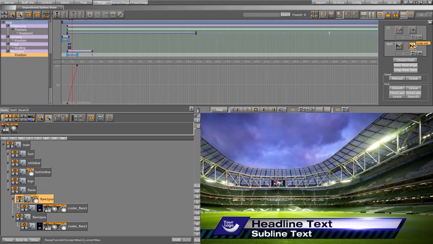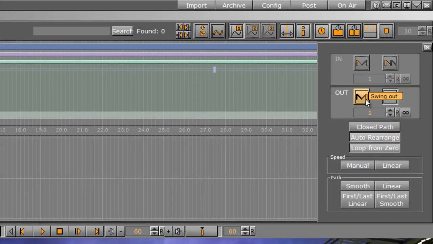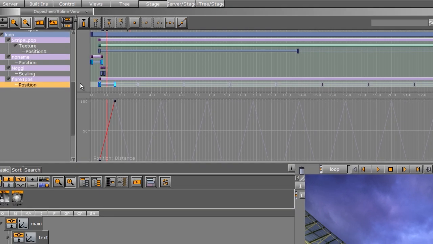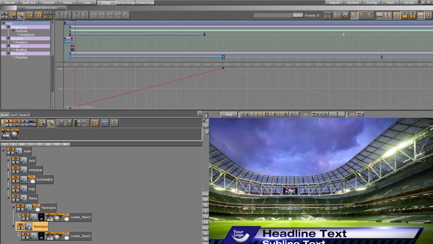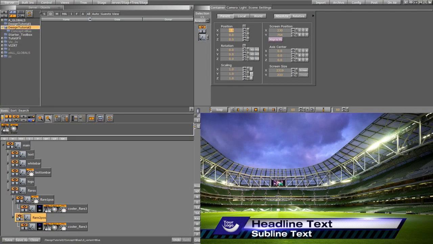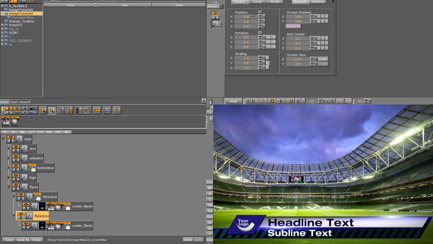This time I'm just going to swing it by turning on the loop out and the swing out and set the infinity. I'm also going to stretch this out so that it's very slow, and I'm going to come down to our flare 2 position and do the exact same thing so that when it comes up it's going to roughly be about there. So I'll set a keyframe there, and this time we'll have it move left. So I'll just set another keyframe